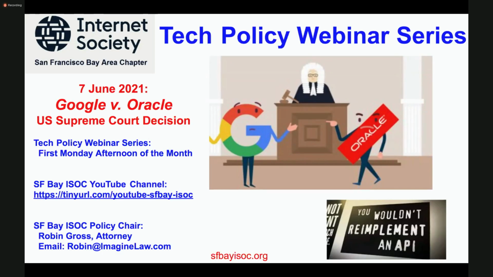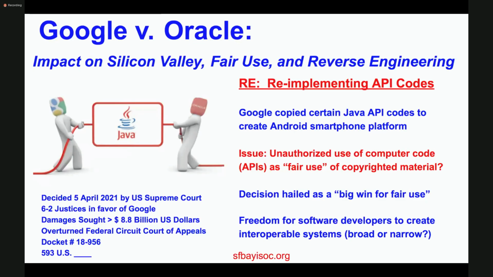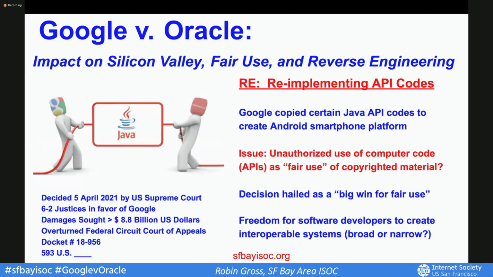Okay, well, let's get into this particular case that we're going to talk about today, the Google v. Oracle Supreme Court decision. Well, this case started back in 2010 by Oracle America Incorporated after it acquired Sun Microsystems. You may recall Sun was the company which originally built the Java language and the platform. Well, Oracle owns the copyright, of course, to the Java SE, which is a computer platform that uses the popular Java computer programming language.